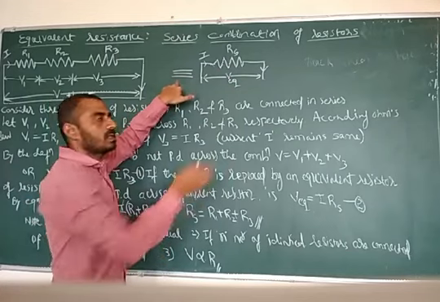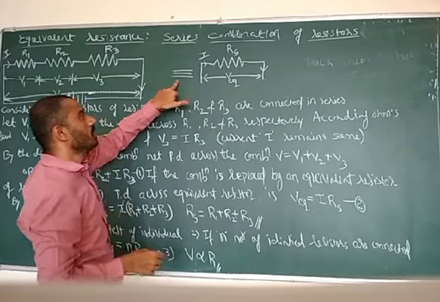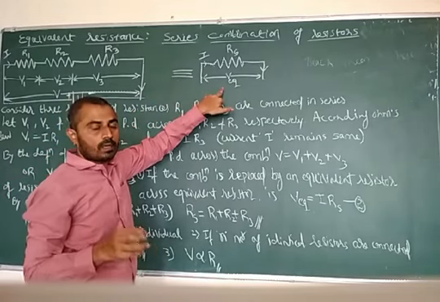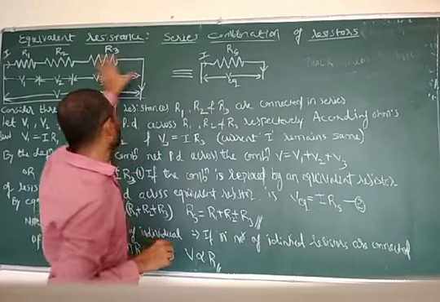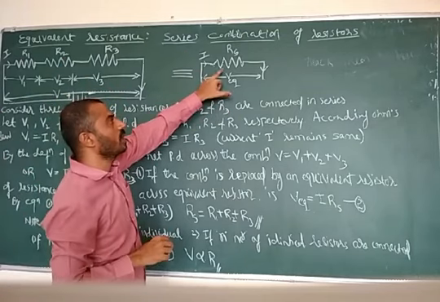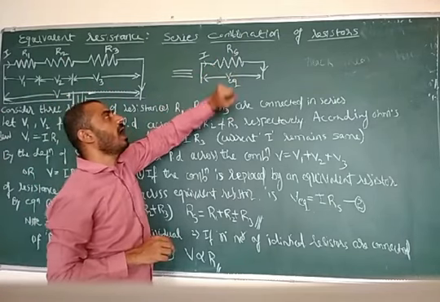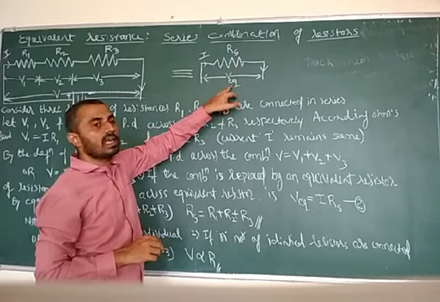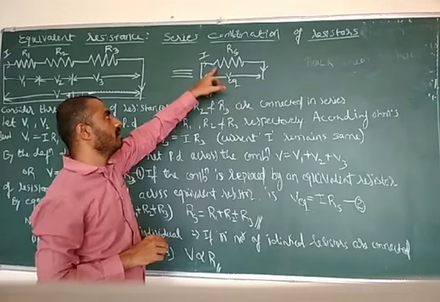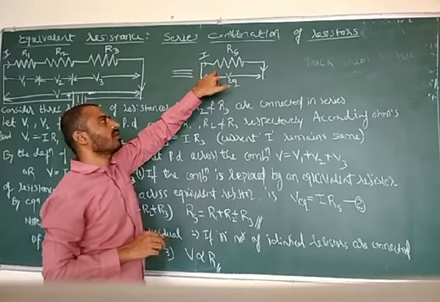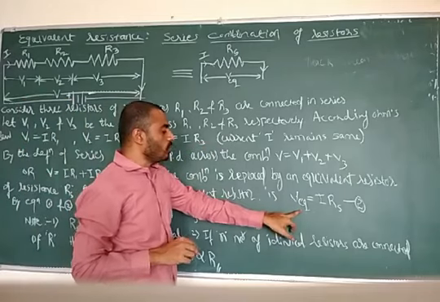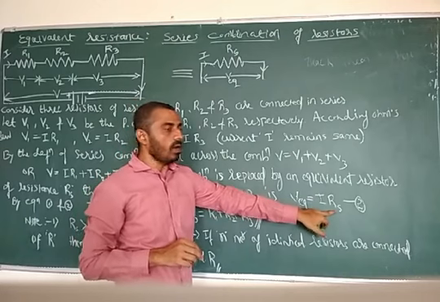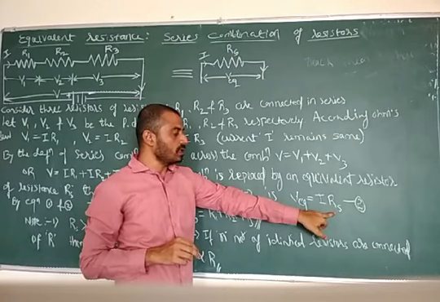This is important. For this there is a mark. You need to show it either in terms of words or by drawing the diagram. If the combination is replaced by one single equivalent resistor whose equivalent resistance is Rs, then the net PD across this equivalent resistor is taken as an equivalent voltage V equivalent. Applying Ohm's law for this, equivalent voltage across the equivalent resistor, V equivalent, is equal to I into Rs, the equivalent resistance Rs.